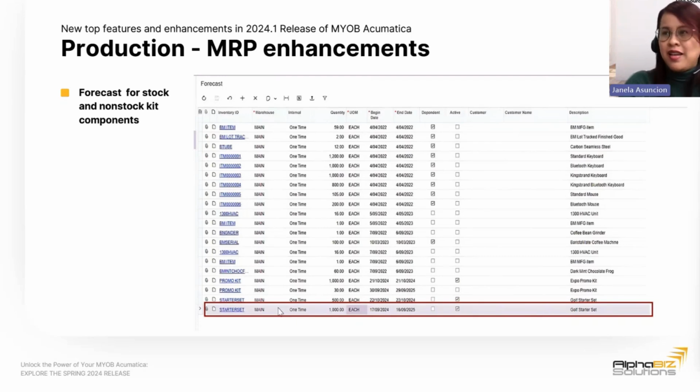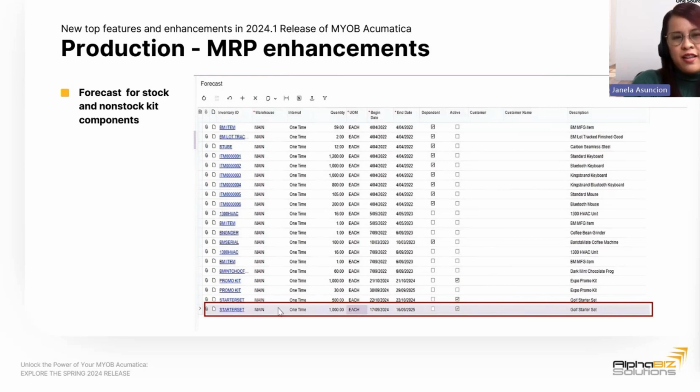For this next topic that we'll be discussing, it is about the MRP or the Material Requirements Plan. Please note that this is only included for manufacturing and construction editions. So basically, we have some of our clients on board that have these editions already, and perhaps this would help you also improve your processes.